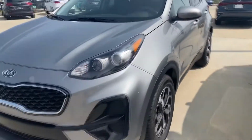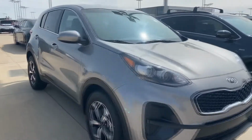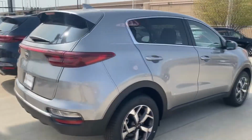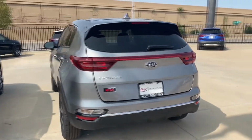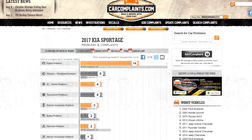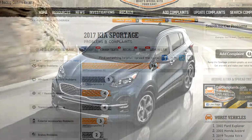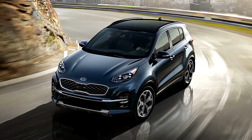According to the NHTSA, the 2022 Kia Sportage has only received 7 complaints. That shouldn't come as a surprise since 2022 will be the final model year for the 4th generation Kia Sportage. With each passing year, the number of complaints for this small SUV has decreased from a peak of almost 311 in its first year in 2017. But even after all these years, powertrain problems still require proper resolution. Let's take a closer look at the most common problems of the 2022 Kia Sportage and their implications on the